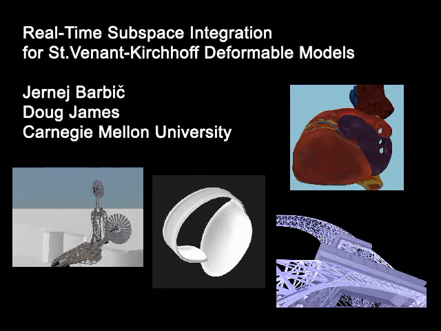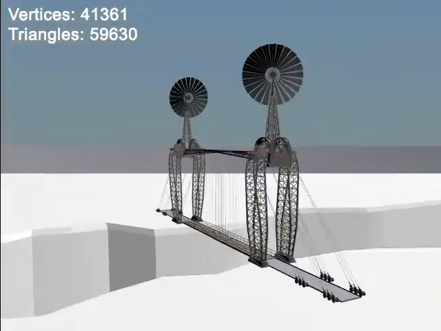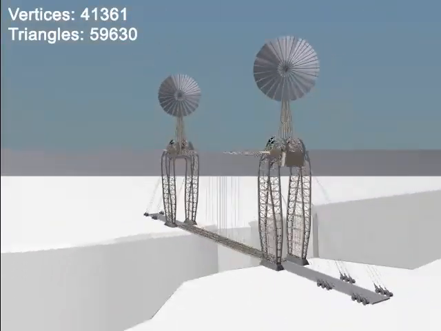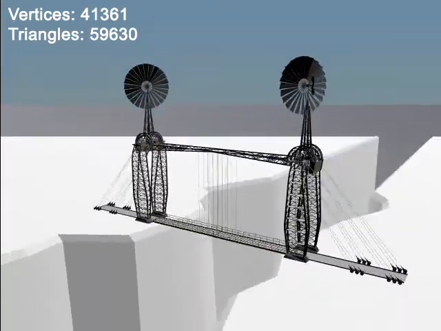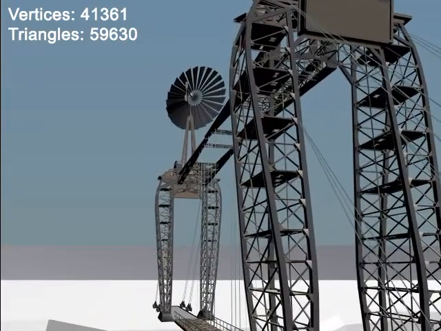In this paper, we present an approach for fast subspace integration of reduced coordinate nonlinear deformable models that is suitable for interactive applications in computer graphics and haptics. Our approach exploits dimensional model reduction to build reduced coordinate deformation bases for models with complex geometry, such as this